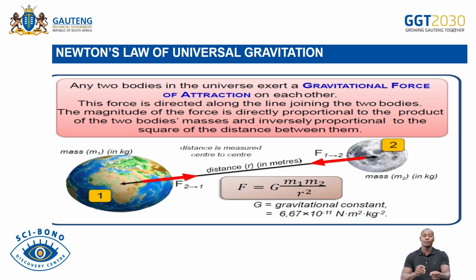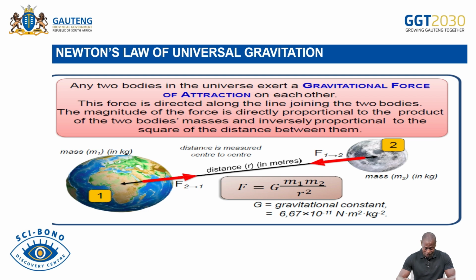When it comes to Newton's law of universal gravitation, the first thing that we need to do is to make sure that we state that law correctly. In most cases, learners lose marks here, although in most cases it is marked independently. But with other examiners, they will say 2 marks or 0. So which means that we need to state it correctly. We shouldn't actually omit any key words when it comes to stating this law,